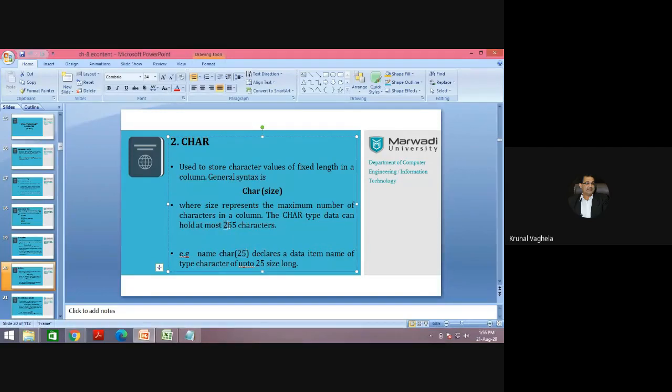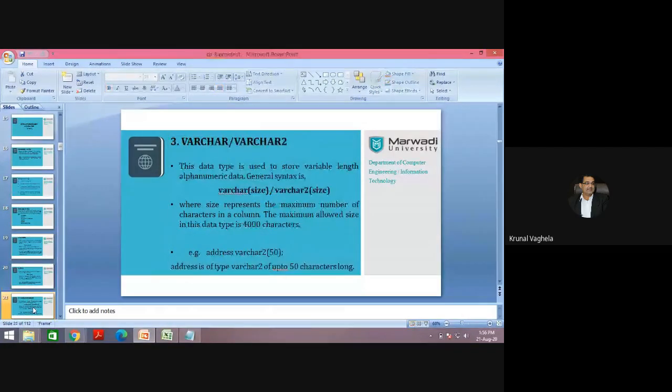In character, you can store up to 255 characters. This is the size limit of the character data type. Once we use it in a table, you will understand it very well.